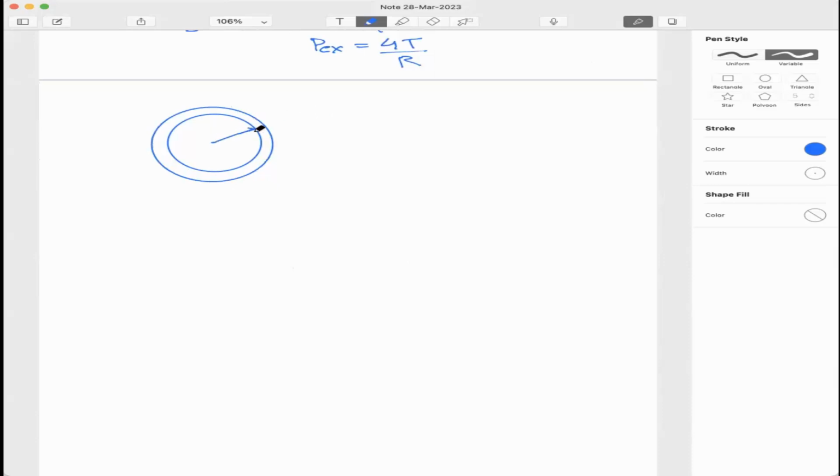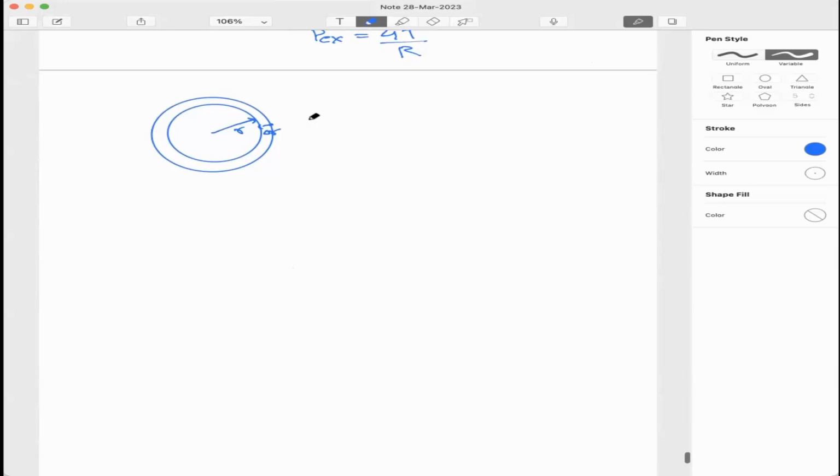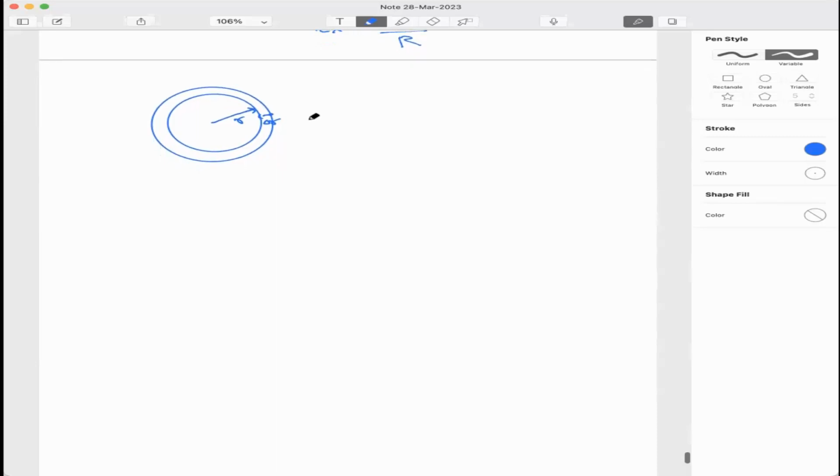If this is at radius r and the thickness is delta r, the work done of expansion is